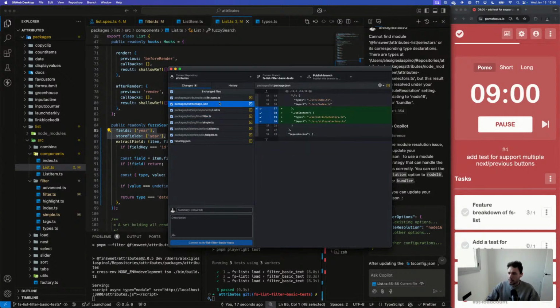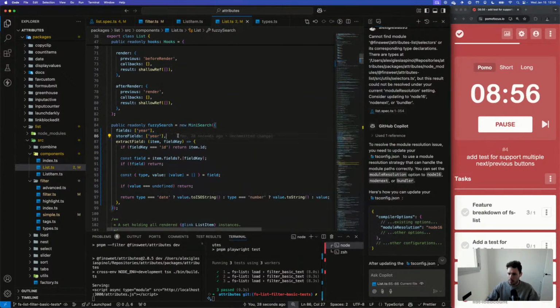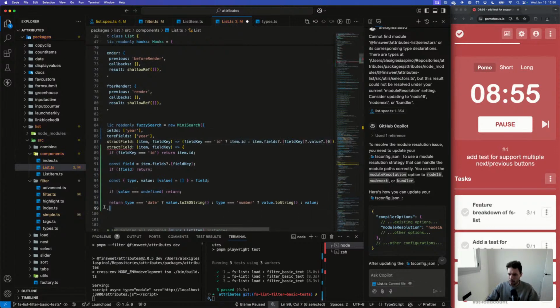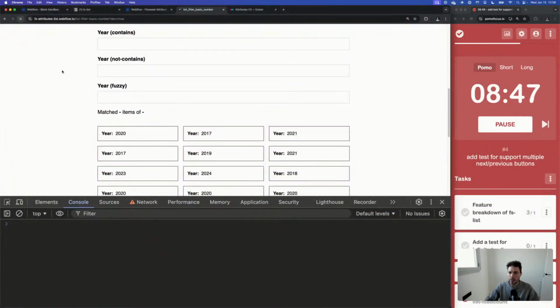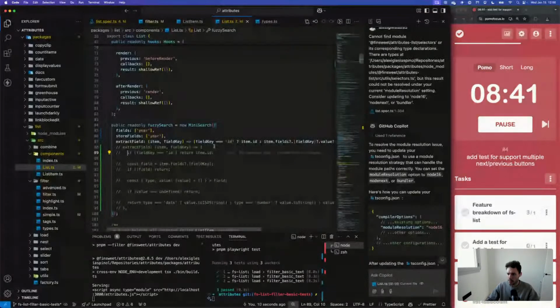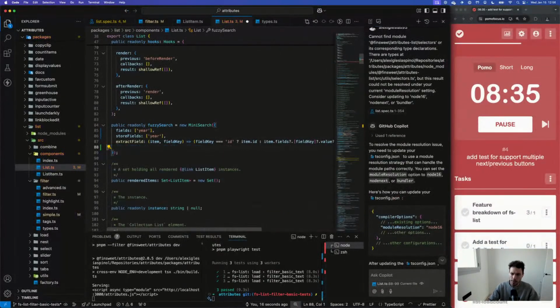Okay. So for now, let me try this for a second. And let's comment this out. Let's see if that wasn't needed at all. Yeah, it wasn't needed. It already handles the numeric values for me. Okay, so I can get rid of this.